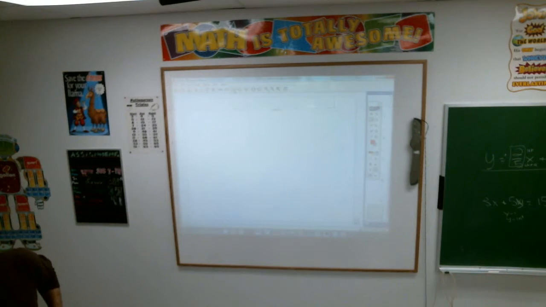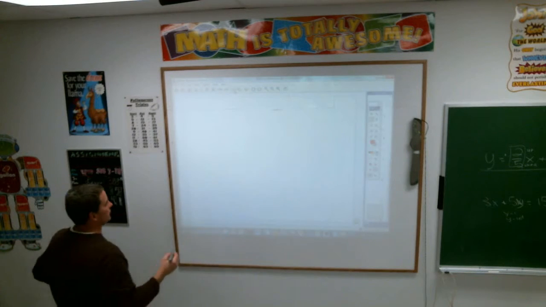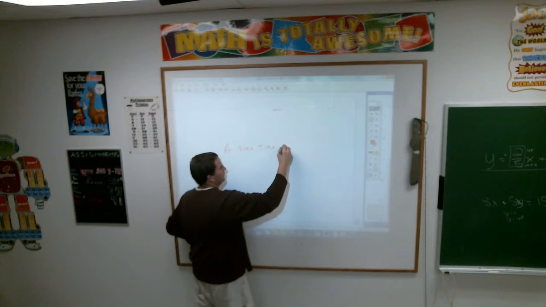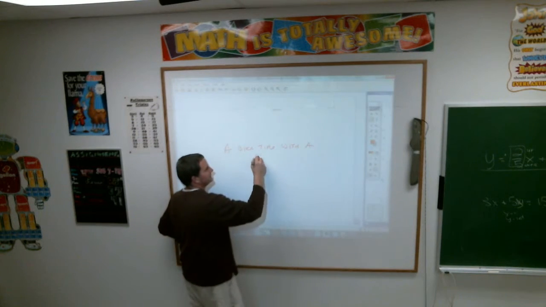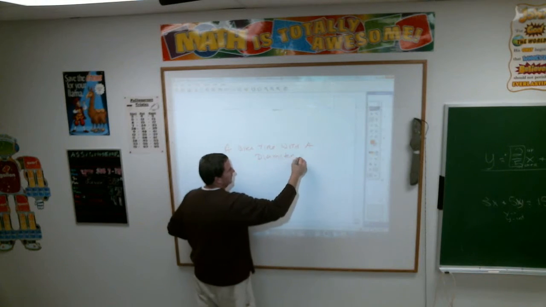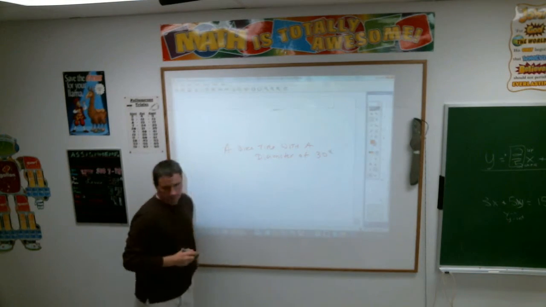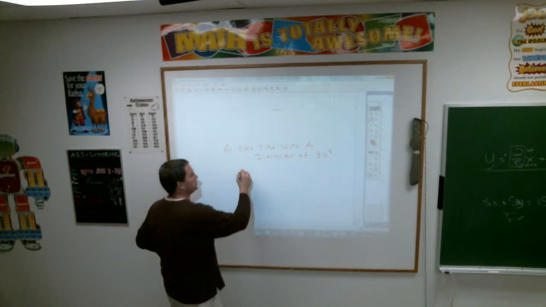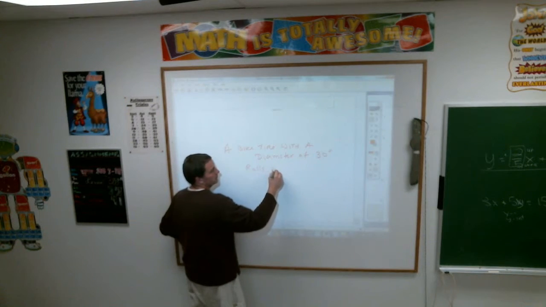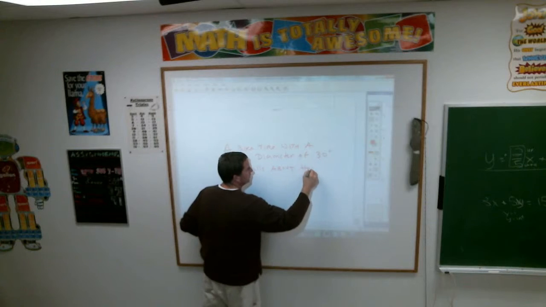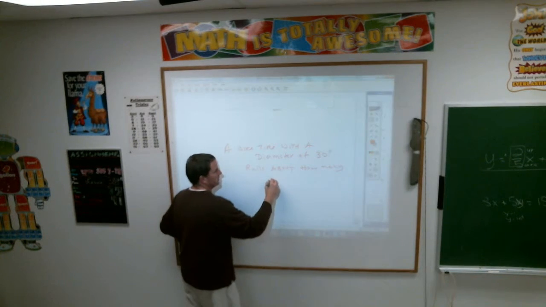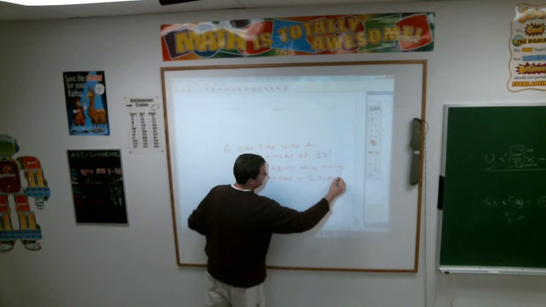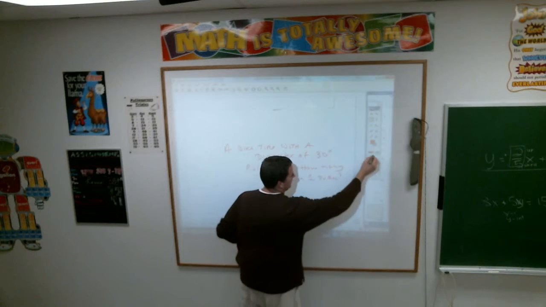Letter K is the one I want. A bicycle with a tire with a diameter of 30 inches rolls about how many inches in one turn? This is sometimes hard for people to grasp, what they're asking for here, but if you look at the picture of it,